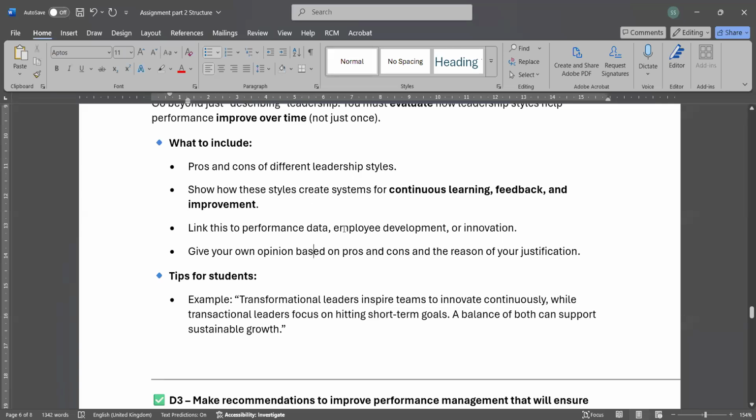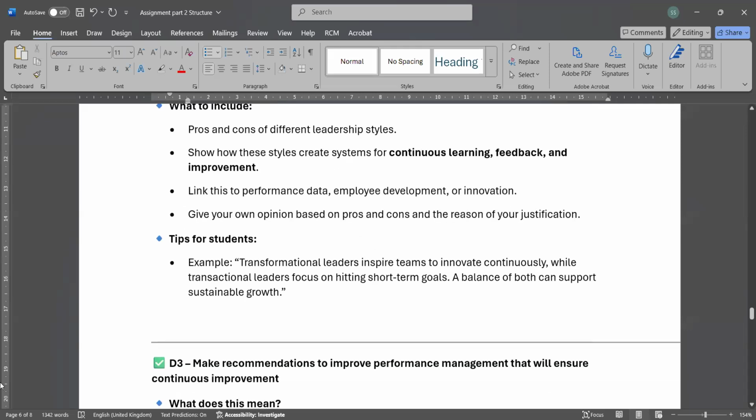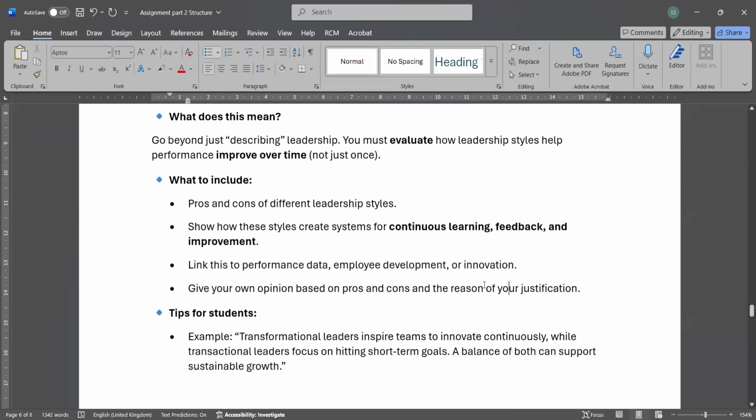If we are using this leadership style, there is training and development, which will help employee development, or this leadership style is focusing on innovation. So it depends on whatever leadership style you are using. So these are the examples. Give your own opinion based on the pros and cons, with your justification. Then you can give which one is the best to use for a certain environment, whatever example of the company you have chosen, which theory is best to use for that chosen organization, and you are going to give the reasoning also.